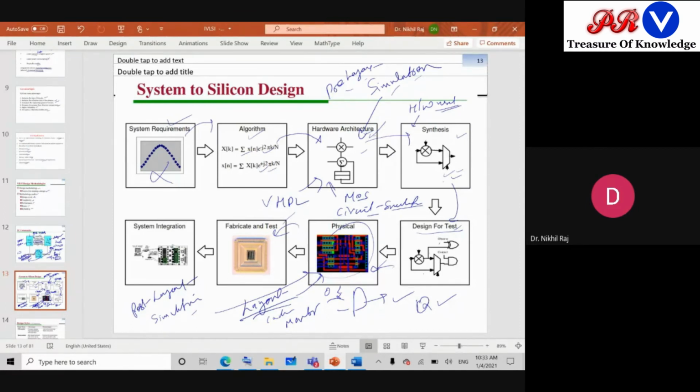Once the test is successful, we give it to the place where it is required. Like if you want to do system integration, then we merge these ICs with the discrete components, and then we design the system and provide the system to the market. So this way it works from the requirement to the system level design. Fine.